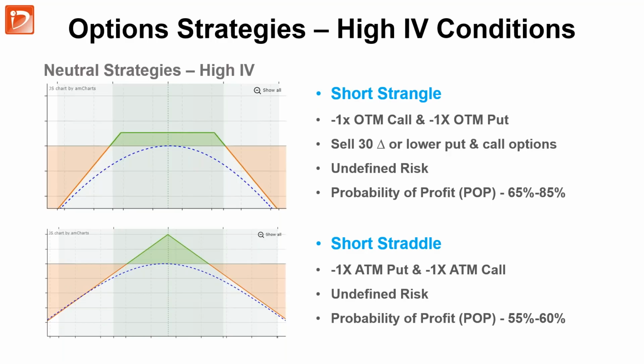And when you do a short strangle, the advantage is that you don't have to do many adjustments in your trade. And when you do a short straddle, because one of the options, either the put or the call, goes quickly into the money, you have to do frequent adjustments. That's the only difference between these two strategies.